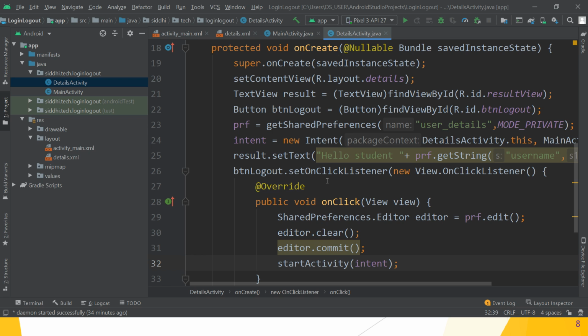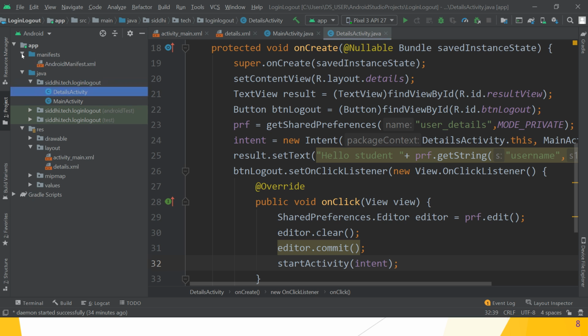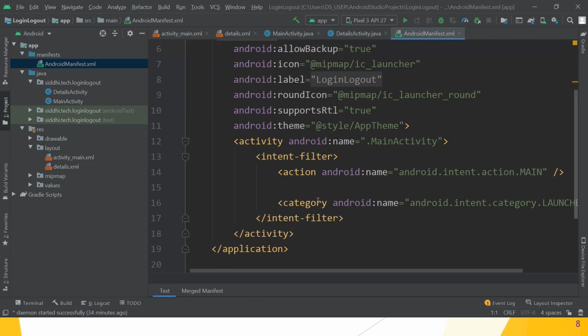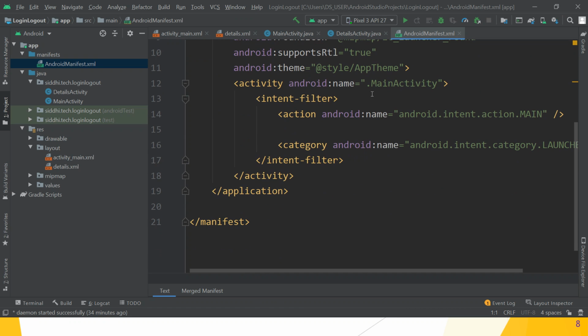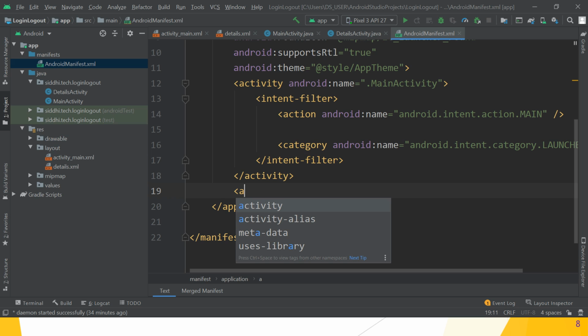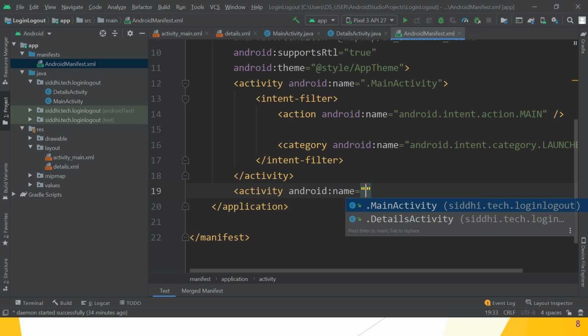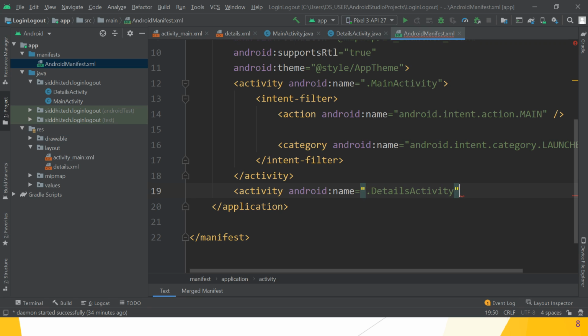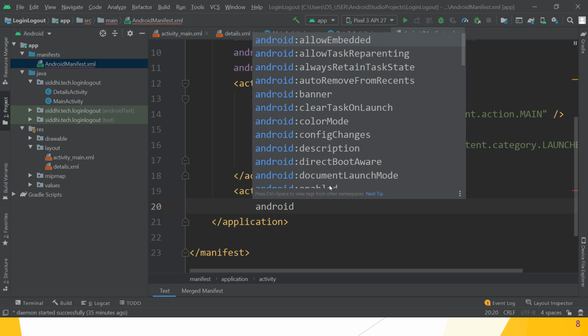Next, last one, what is remaining in the manifest file? What do we have to register? Activity, because only one activity is registered, that is main activity. Now we can register the second activity, that is details activity. So write activity, then the name of the activity, that is details activity, then android colon label.